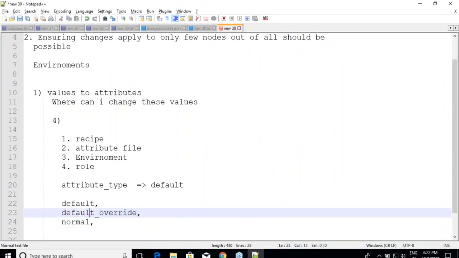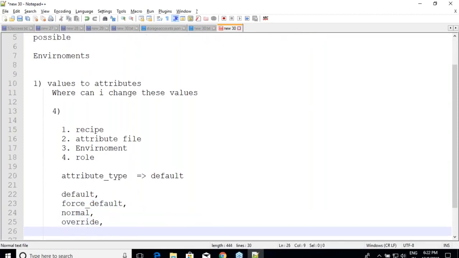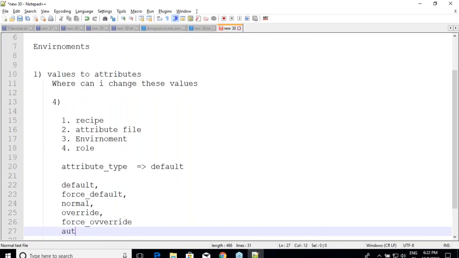It is force_default, override, and then force_override, and then we have one more thing. So if I have to tell, an attribute has the following types: default, force_default, normal, override, force_override, and then automatic.